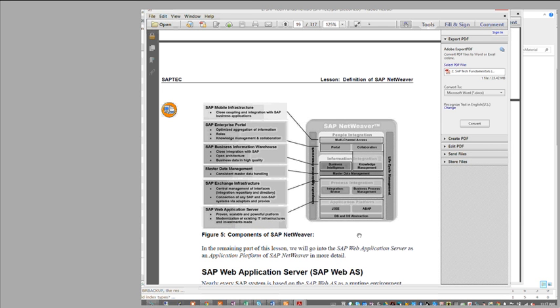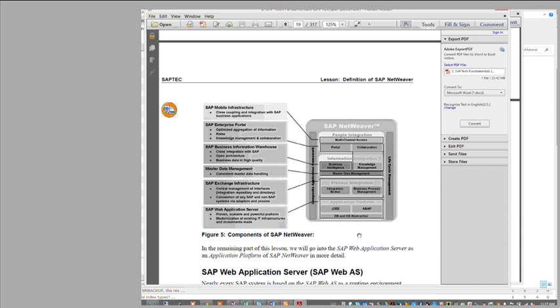So that means if you have a corporate standard, you can still abide by the corporate standard and still use SAP. Doesn't mean that all databases and all operating systems are supported, but all the mainstream databases and the mainstream operating systems are supported. So if you look at operating systems,